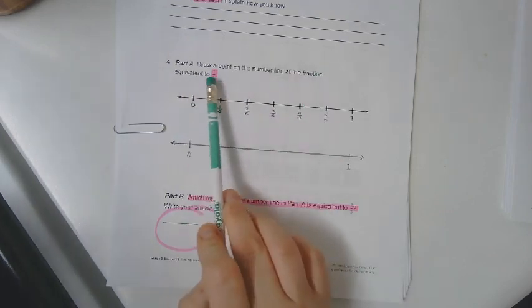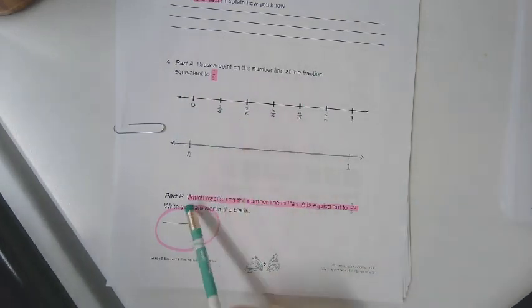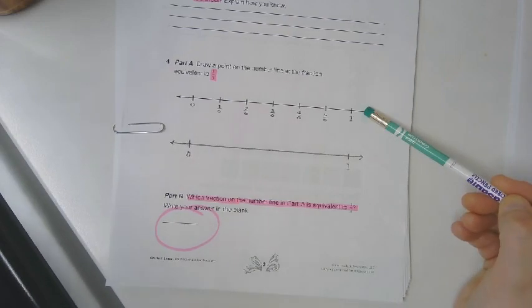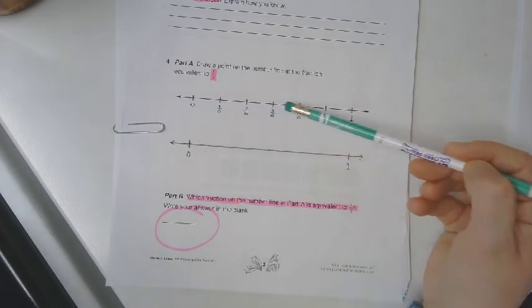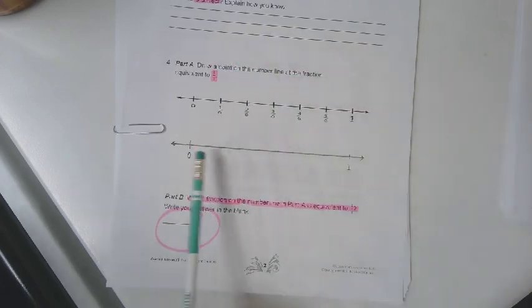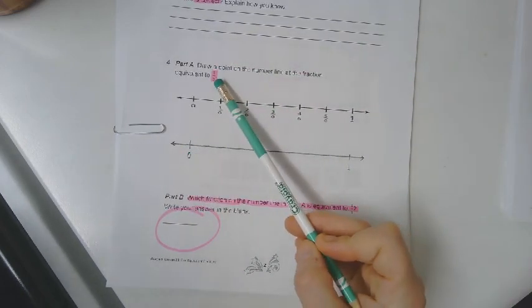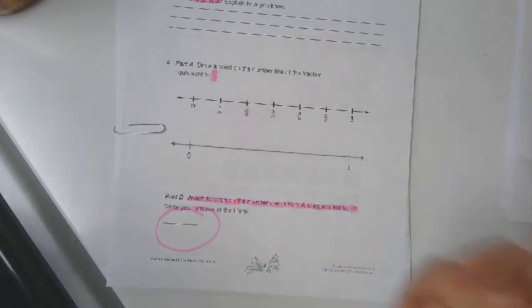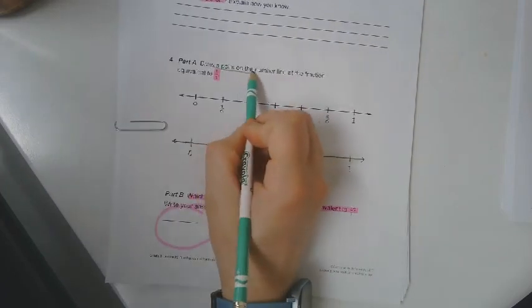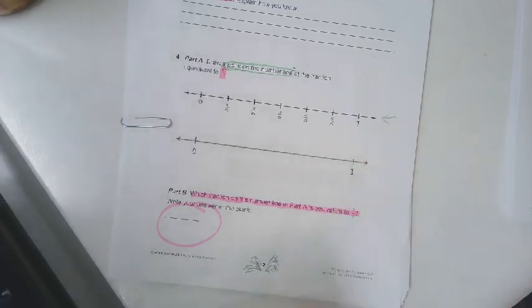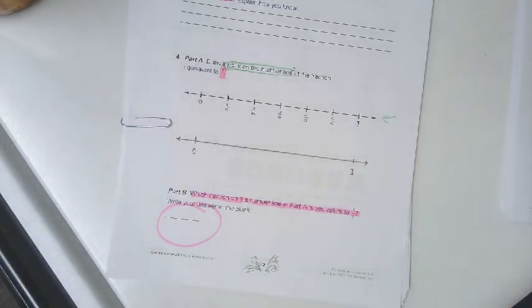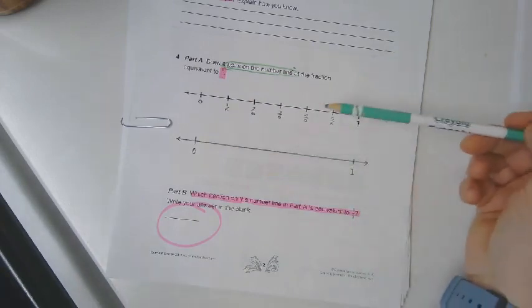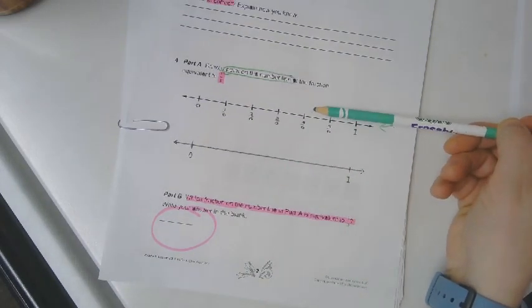Number 4. Draw a point on the number line at the fraction equivalent to 1/3. So you already have a number line labeled with 1/6 pieces. You're going to have to label the second number line with 1/3 pieces. After you've labeled the number line, you are supposed to draw a point on the top number line that's equivalent to 1/3. So go label your thirds, then draw a point on the top number line